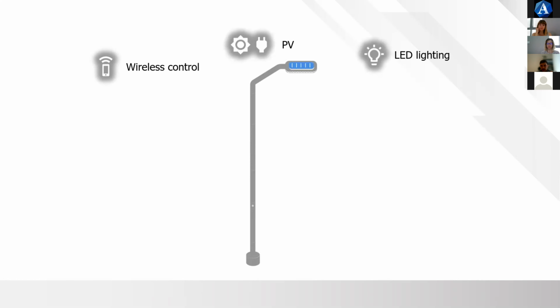So I already mentioned that public lighting infrastructure is one component of the smart city concept. Public lighting infrastructure is good because it is well distributed across the city and is not utilized during the day. So you can see our first step was to install LED lighting. We stepped into modernization of the public lighting system with LED technology, which can be managed using wireless devices and software and so on. And because it can be managed, we can integrate a lot of different smart city solutions and renewable energy